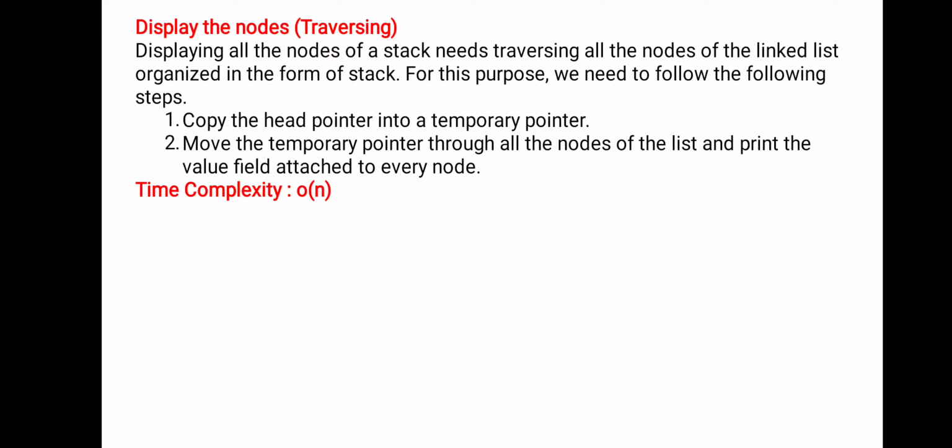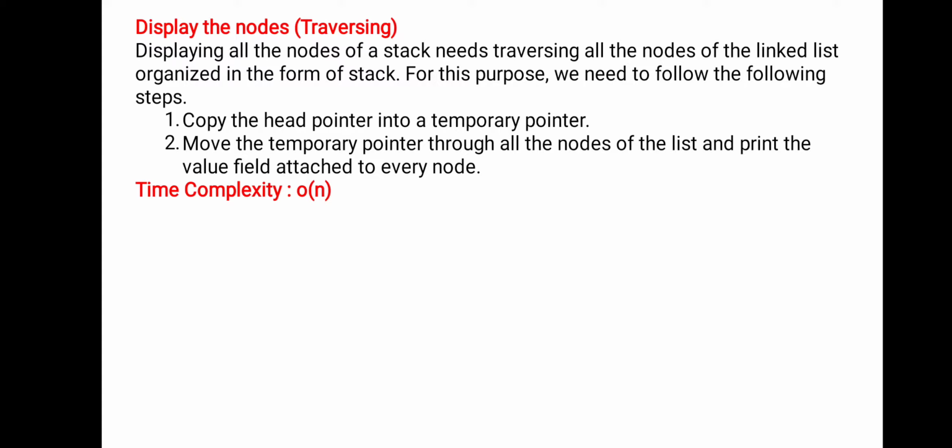Here the time complexity is order of n. Why order of n? If the list contains n number of nodes, the time complexity to traverse and reach each and every node is n, so it takes order of n.